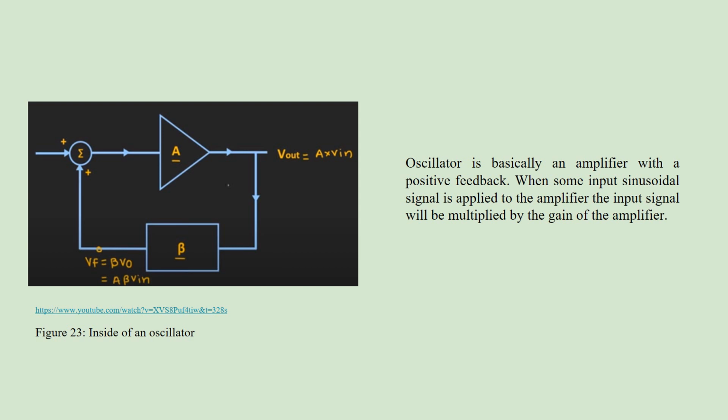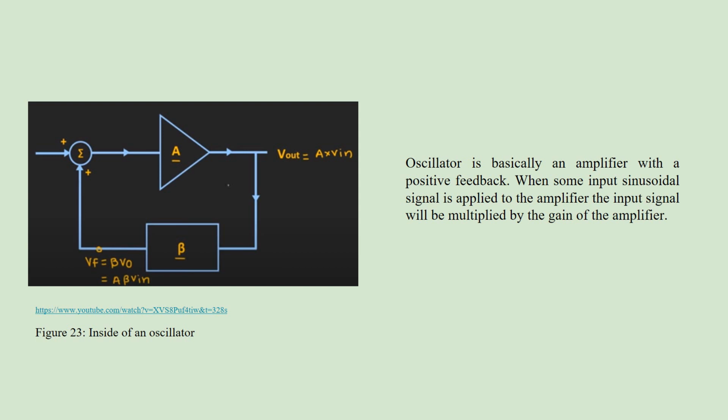And now we can see inside of an oscillator. An oscillator is basically an amplifier with a positive feedback. When some input sinusoidal signal is applied to the amplifier, the input signal will be multiplied by the gain of the amplifier. As we see in figure 23, the feedback signal VF will act as an input of this